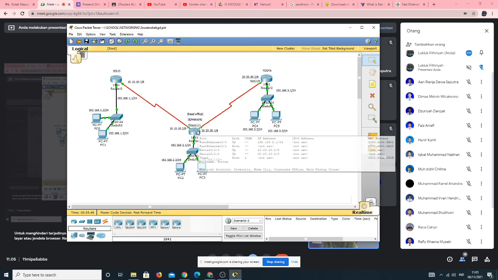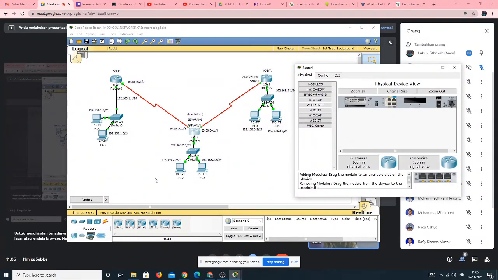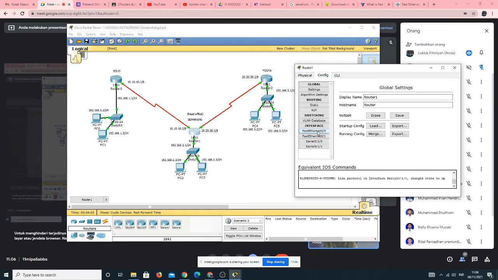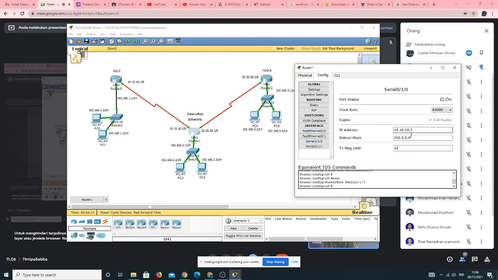And then now for the router Semarang as the center point that is connected to both of them, Semarang Solo, Semarang Jogja, we have to configure fast Ethernet, yeah, of course, with the IP 2.1 and subnet mask, and then 0/1/0 serial that is connected to router Solo with the IP number 10.10.10.2.